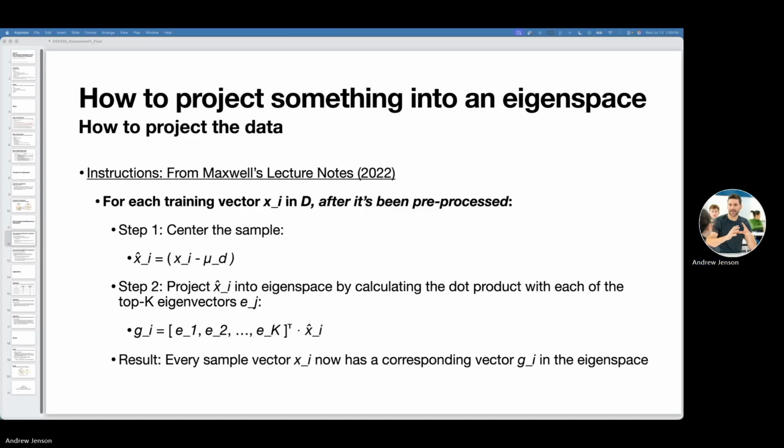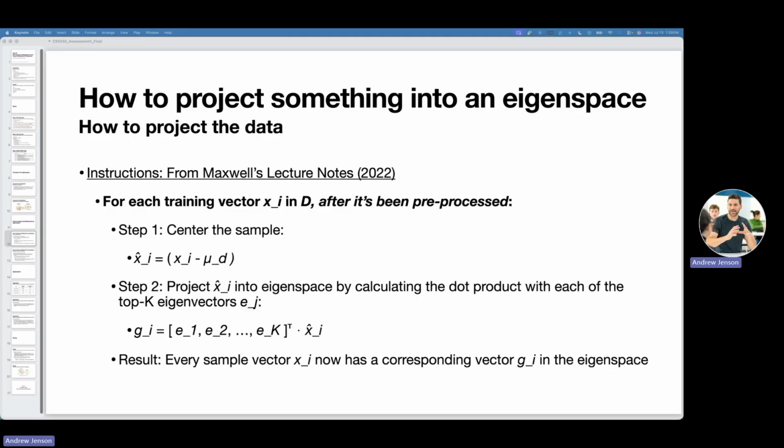Step 2. Project the centered vector into the eigenspace by computing its dot product with each of the top k eigenvectors, e sub j. This produces g sub i, the vector formed by projecting x hat sub i onto e sub 1 through e sub k. The result is that every training sample x sub i now has a corresponding coordinate g sub i in the